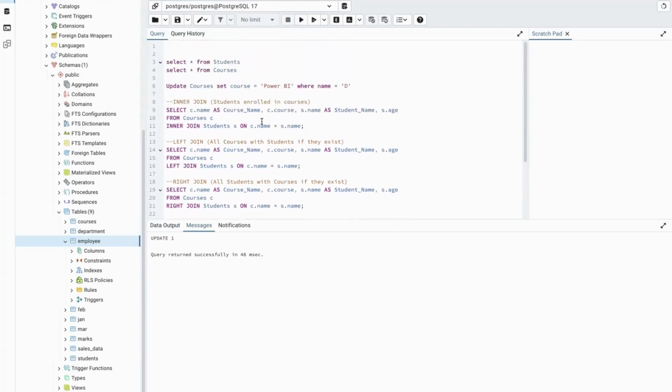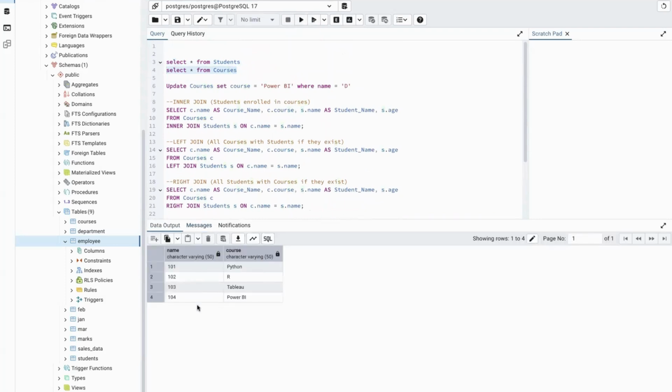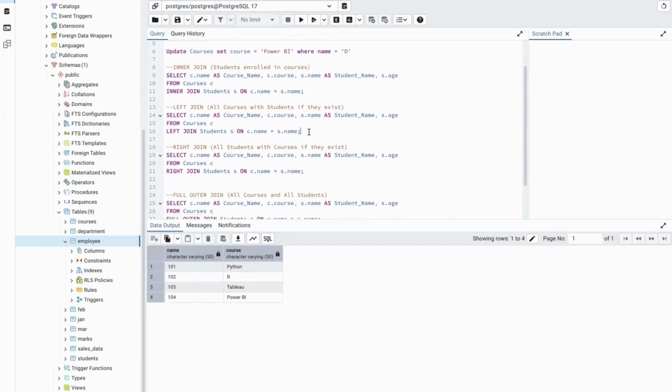Now our data is updated. Let me show you. So data is updated now. Now let me try again to execute the left join. So now if you see, it's more clear for you that if it doesn't match with this letter, it doesn't return any data here. So that means there should be something which is common between both, because there is